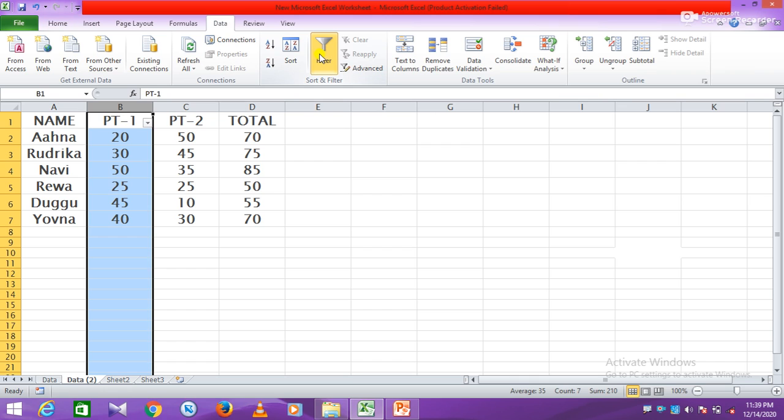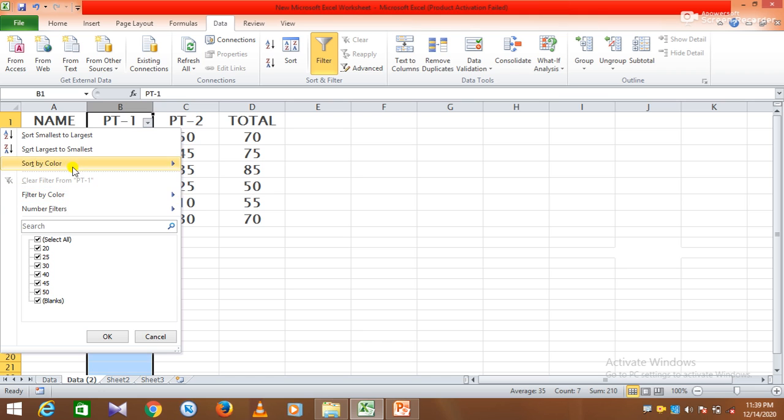As you click on it, you will see a small triangle at the bottom right corner of this title. This is the title, PT1. Just click on this triangle.